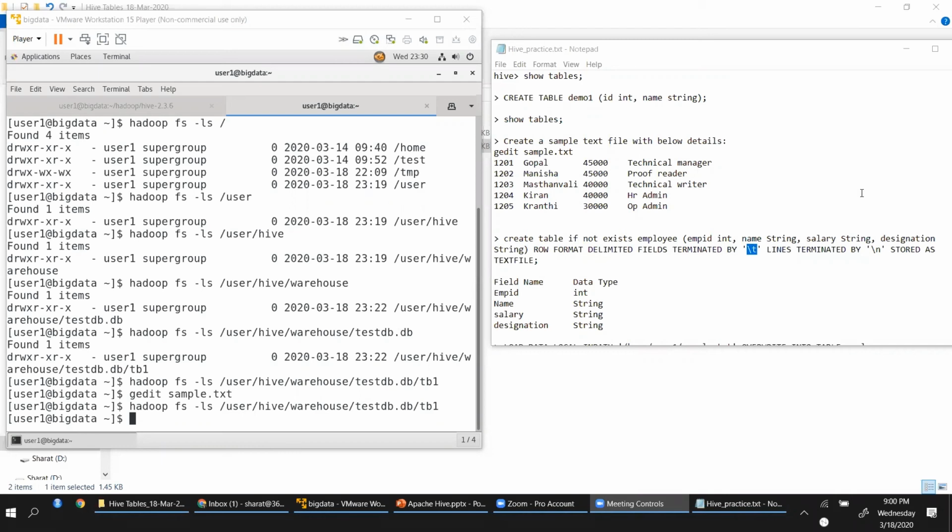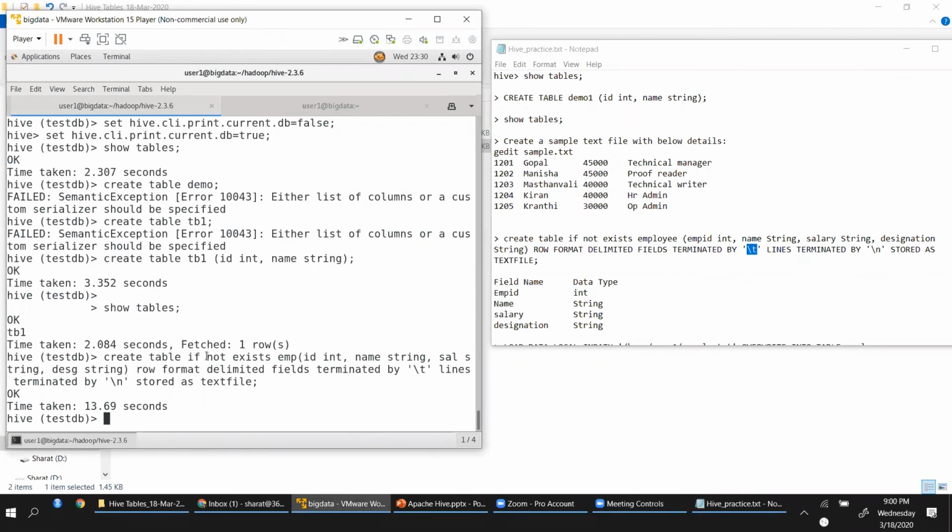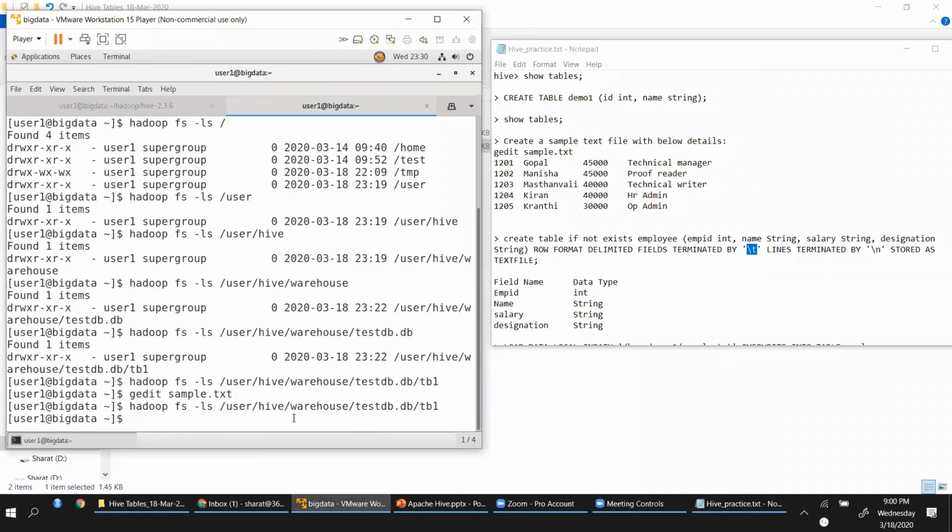All right. So why do you think, even though I've created a table structure, employee, a table is created here, why is that still not being shown in my warehouse? Can anyone tell why it is not being shown? That is because I don't have any content yet. It is only the structure which is getting created here.